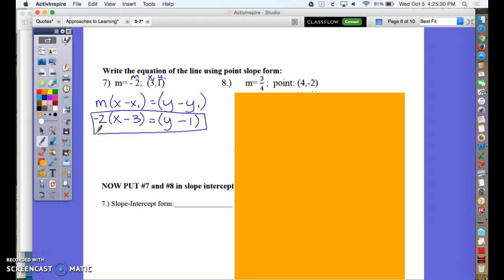Now, you could transform this into slope intercept form, and if we wanted to do that, think about it. What does slope intercept form look like? In slope intercept form, it's y equals mx plus b, so we need to isolate y. In this equation,